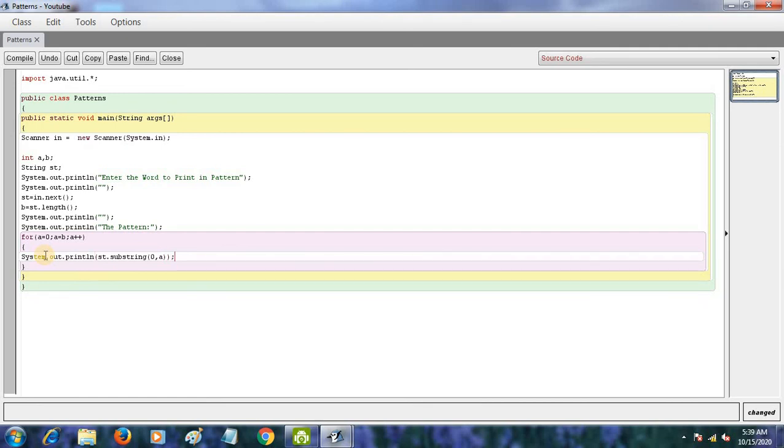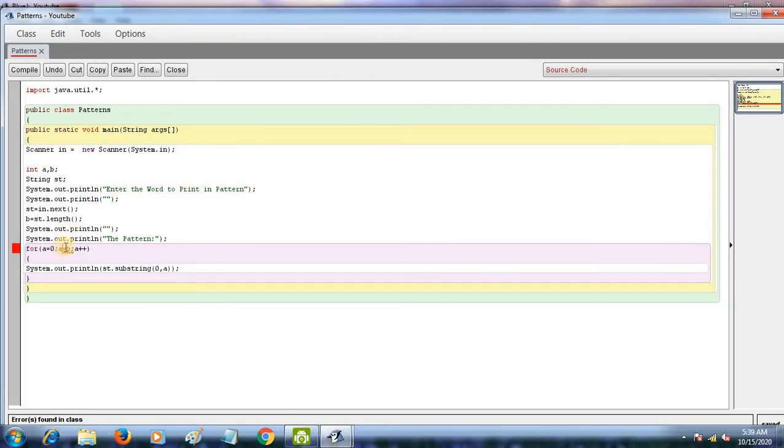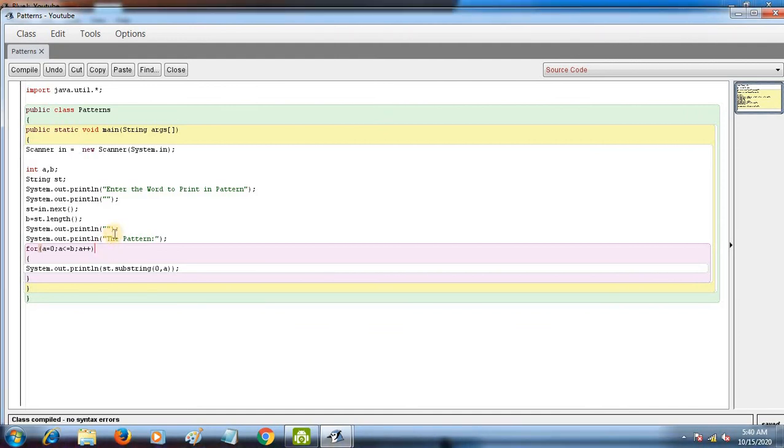Okay, and we are going to compile it. Int cannot be converted to boolean. Wait a minute, sorry, here I have a mistake. So here I will write a is smaller than or equal to b. Now compile. See, no syntax error.